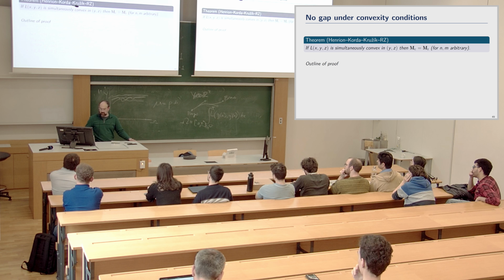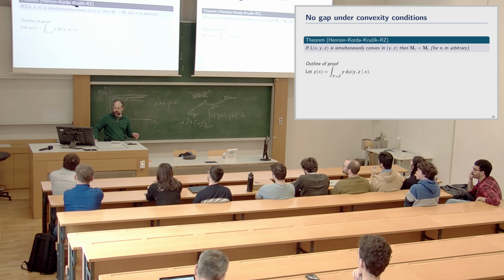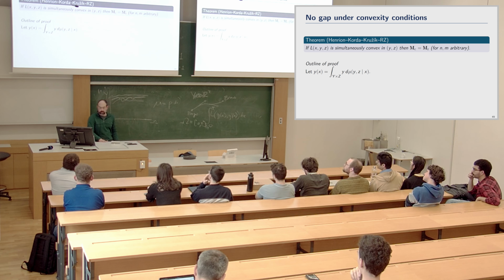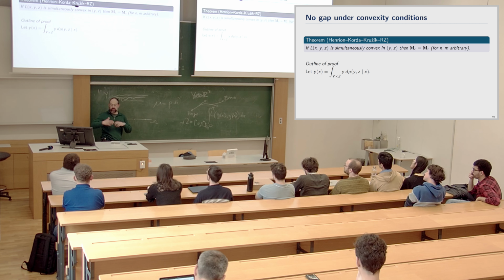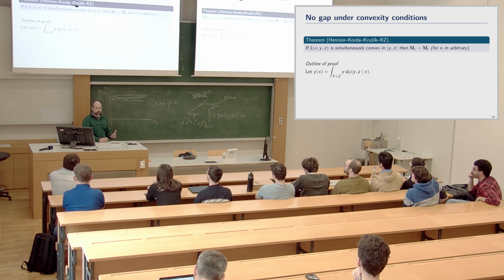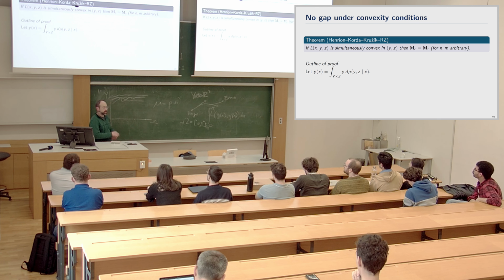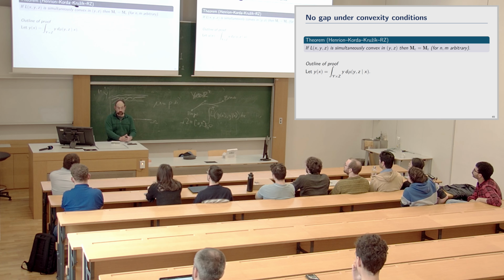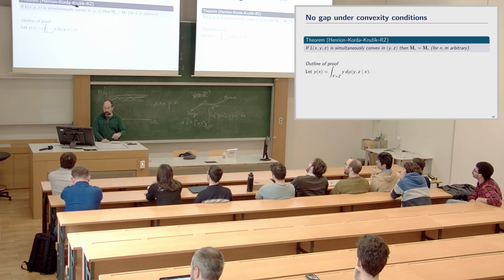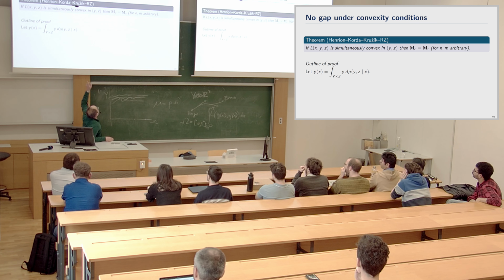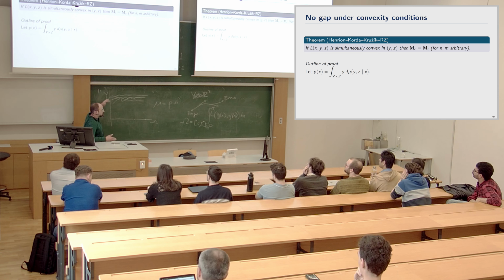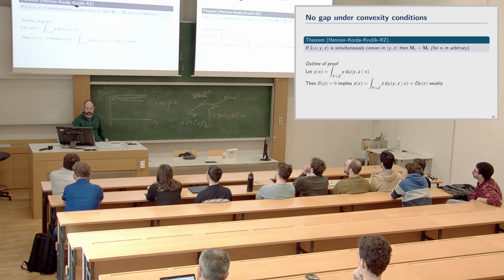We have all sorts of constraints, and we have a very nice application to micromagnetics that was brought about by Martin. And the way the proof works is, we now assume that L is simultaneously convex in y and z. Before it was just convex in the derivative variable. Now we also have convexity in y. If you define a function y that is the average of the positions of the measure, so you fix x and then you get the average of y's,